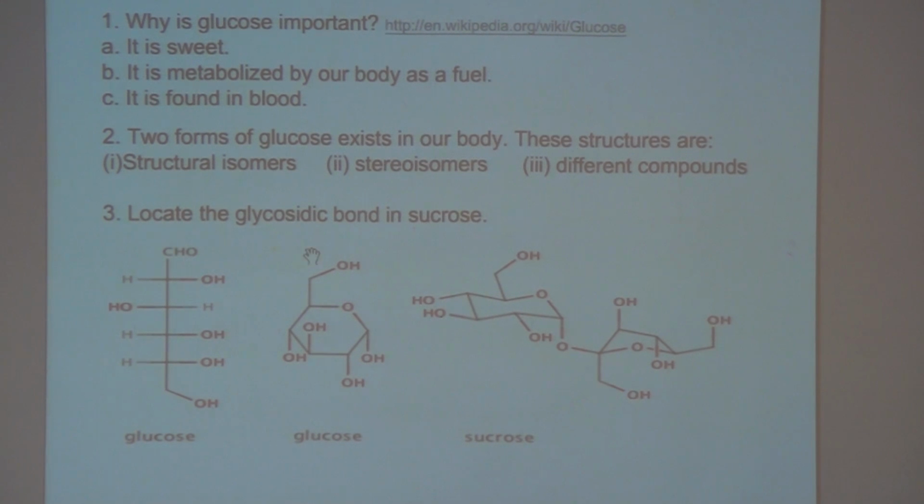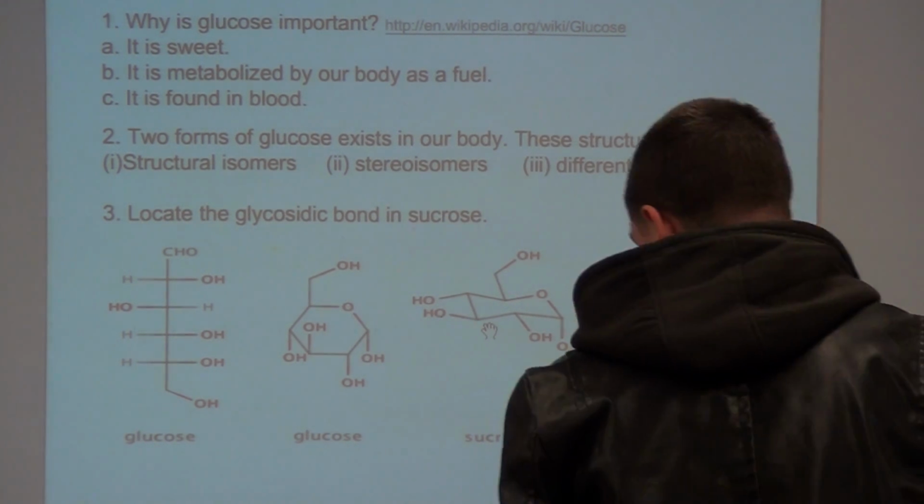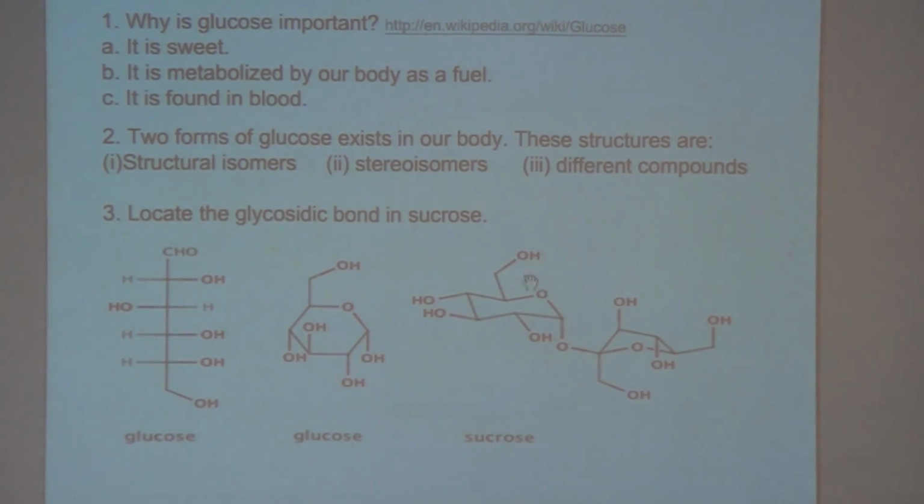Okay, question 3. Locate the glycosidic bond in sucrose, common table sugar. So sucrose consists of a glucose ring, and then here's a fructose molecule here. So we have glucose and fructose. In fact, one more thing I want to mention. In our blood,